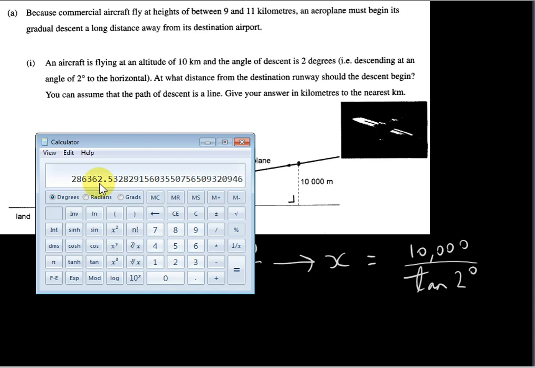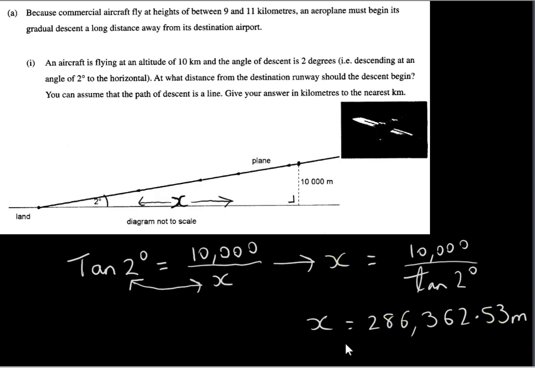Now this answer is in meters. This is 286,362.53 meters. We want this answer in kilometers. Well, there are 1,000 meters in a kilometer. The K stands for 1,000. So what do we do? We have to divide this by 1,000. So we move the decimal point 3 places to the left. So this is